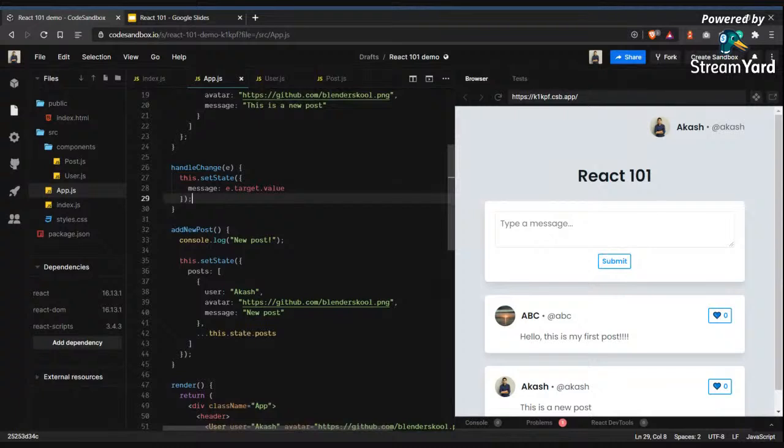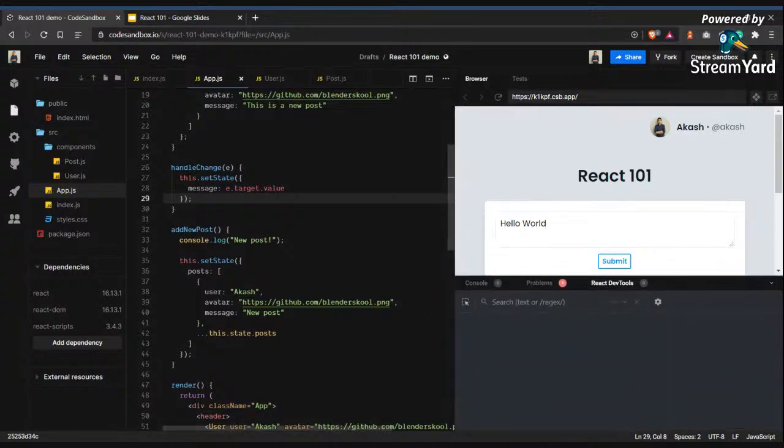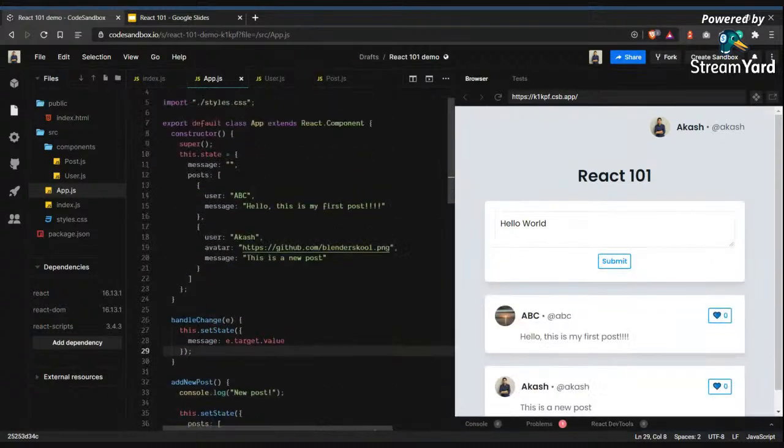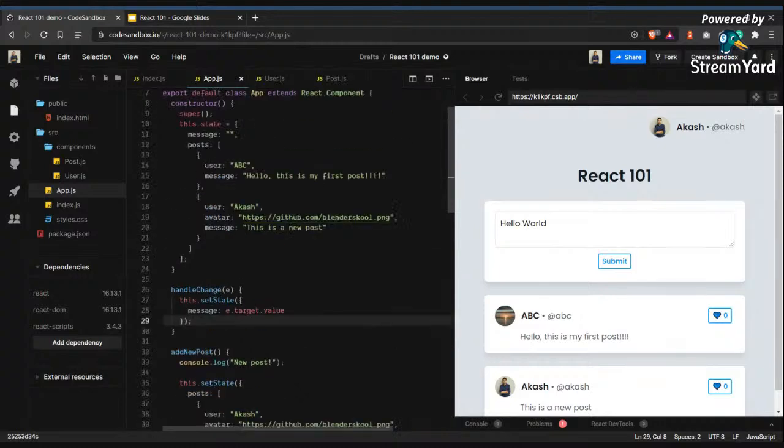So now that we have done this, if we come back, let's type something, hello. And as you can see, we are able to type something over here. Let's see if the React DevTools is working. Okay, it's not. So what I wanted to show was the setup that we have right now